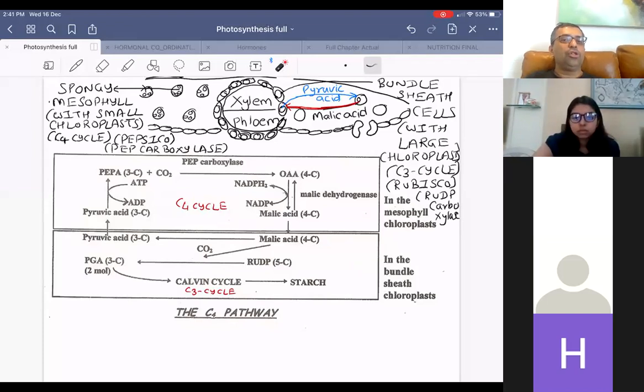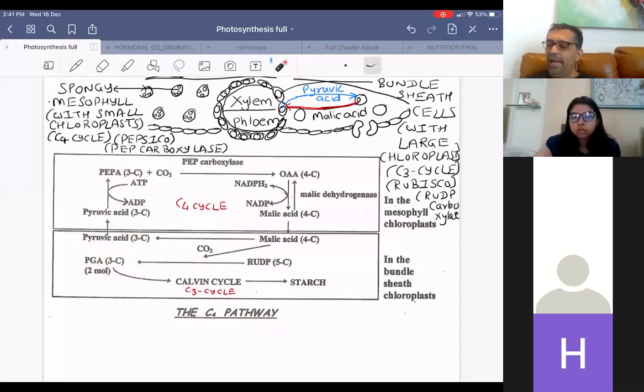Okay. Then Shrey Moradia asks, does light reaction, cyclic and non-cyclic, take place in C4 and CAM? Of course, beta. Until the light reaction happens, ATP and NADPH2 will not be formed at all. So C4 and CAM pathways also show light reaction. And I told you, where does light reaction take place?